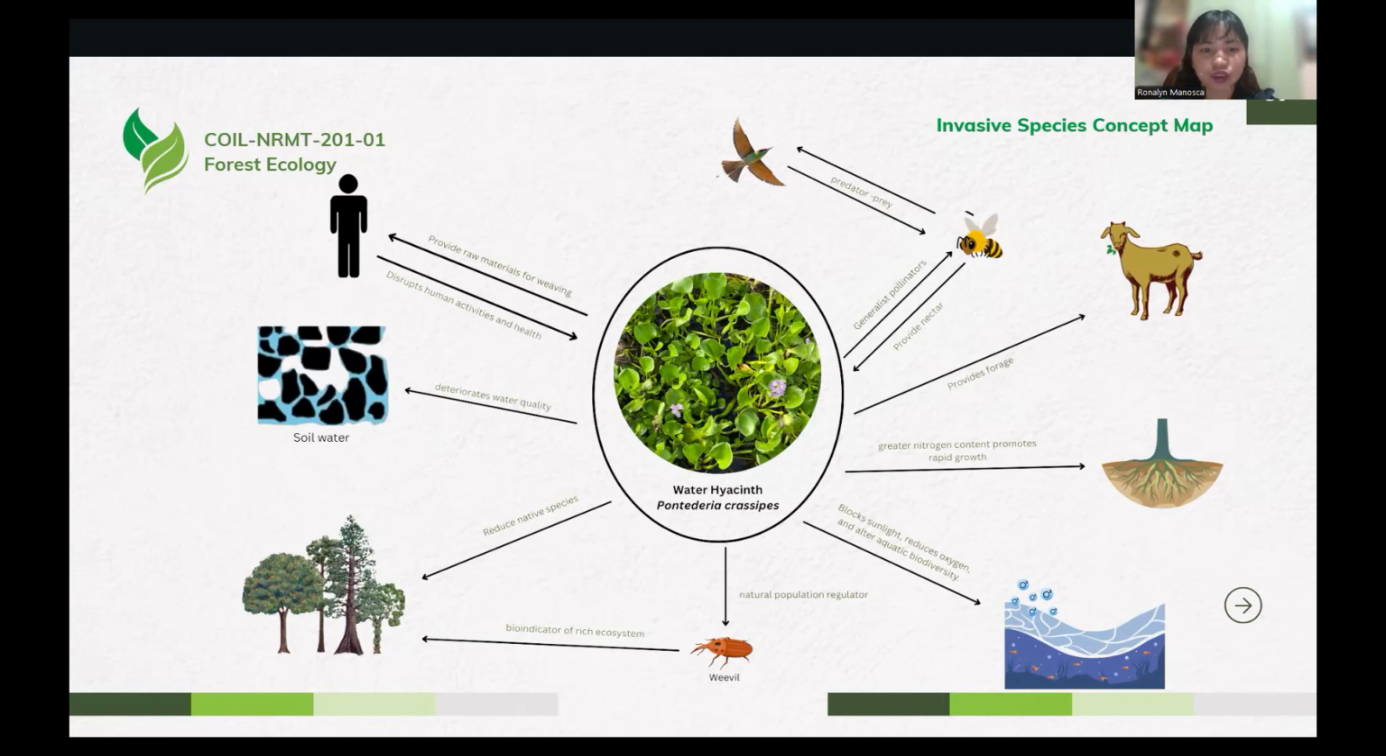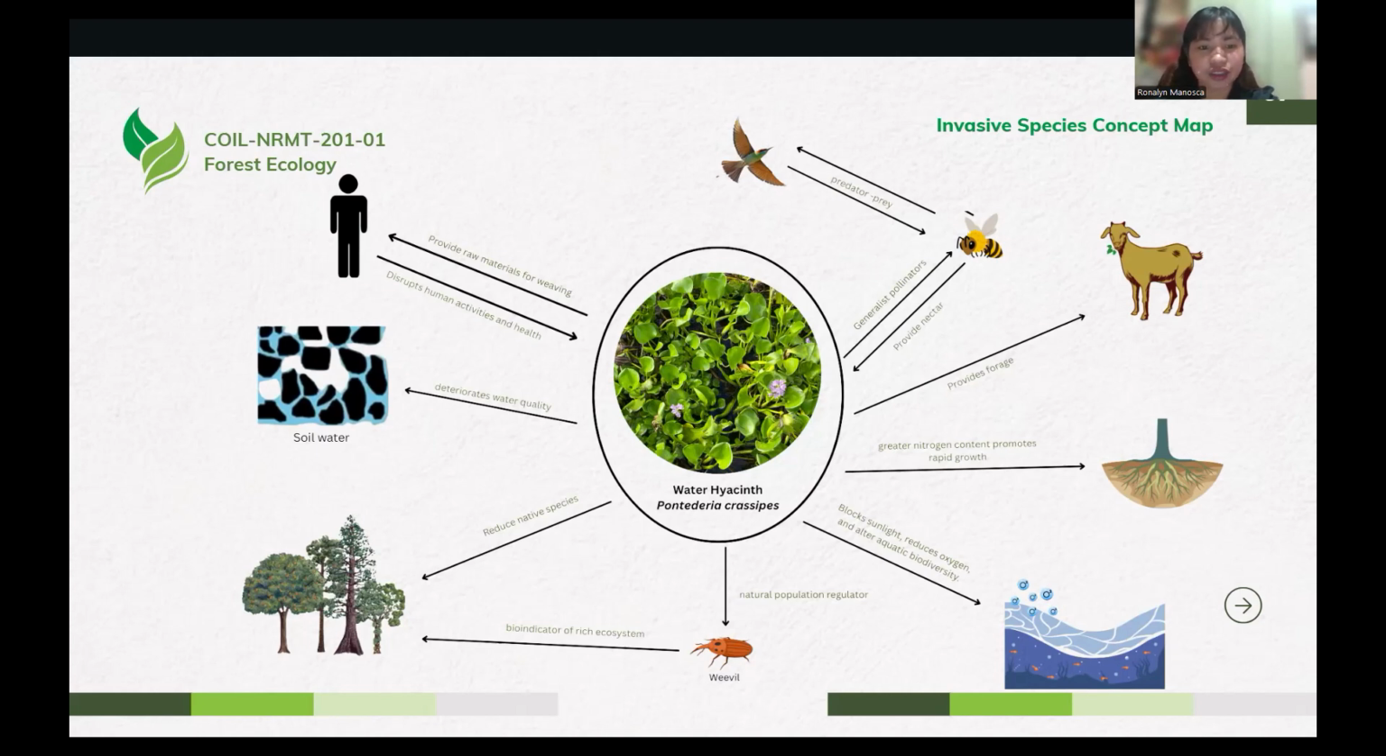For instance, its flowers attract bees and other pollinators seeking nectar, while birds often prey on insects associated with the plant. Herbivores such as goats may also feed on water hyacinth, though its nutritional value varies depending on environmental conditions. This nutrient-rich water with high nitrogen levels accelerates water hyacinth growth and makes it difficult for native aquatic plants to